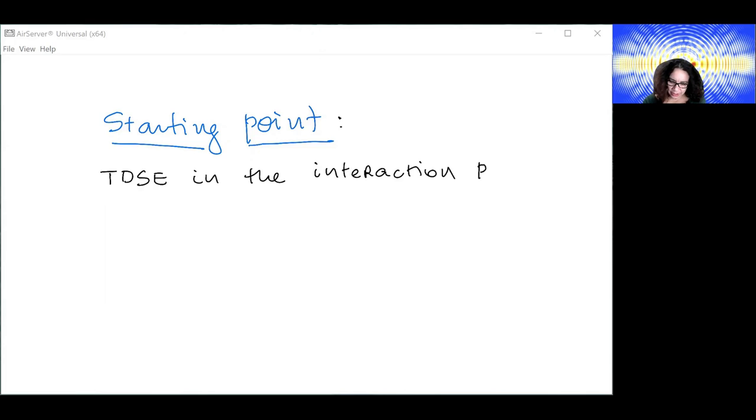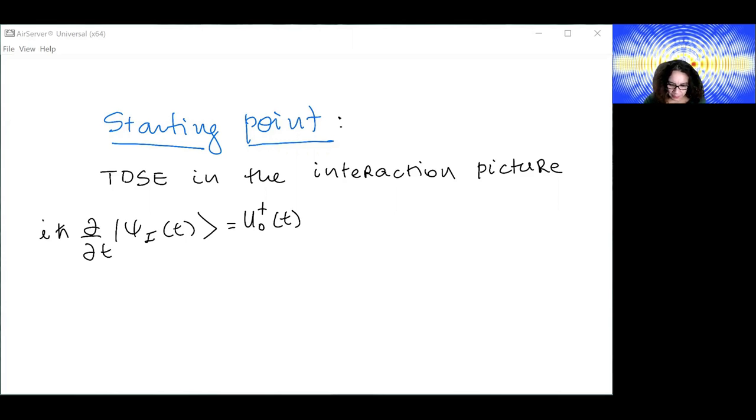So just to remind you, you have here on the left-hand side i h bar d/dt psi_I(t), where psi_I(t) is the state vector in the interaction picture. And here I have the Hamiltonian of the system in the interaction picture, which is U0 dagger lambda V(t) U0